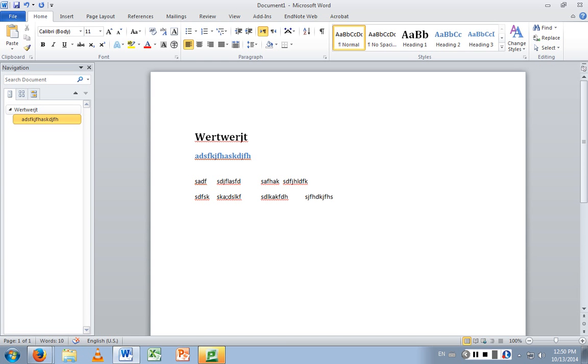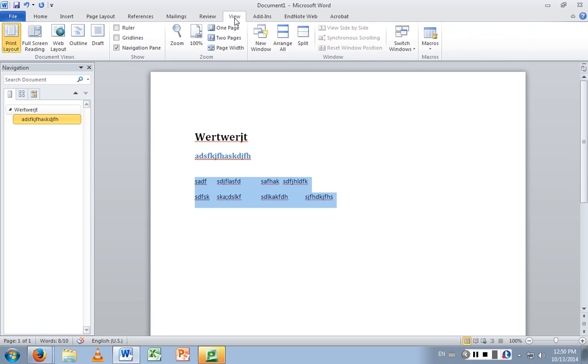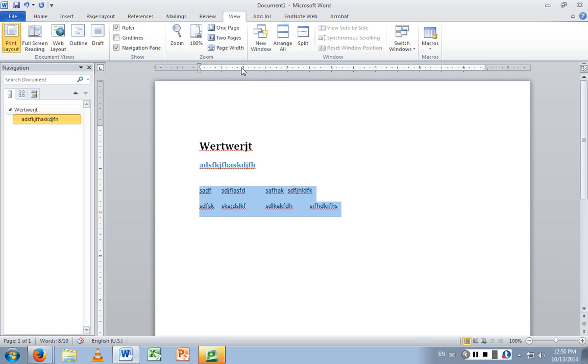And I'm actually terrible about this because I learned when I did graphic design, the conversion between Word and the graphic design programs was terrible. So we had to not use styles for certain things, which now we want to get away from. So I could, if I wanted to, show my ruler, and I could create my table this way.